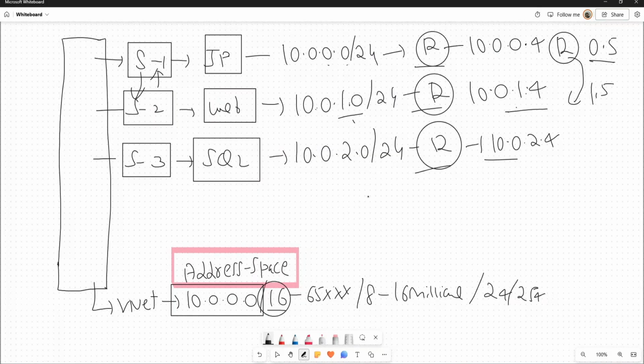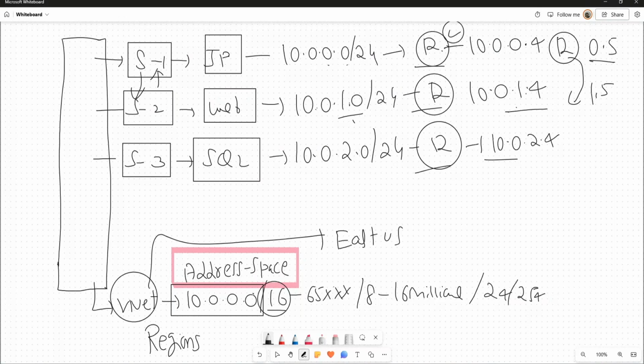Another important point: Azure works based on region. A region is a data center location. If my VNet is in the US, say East US, and I am deploying one VM in East US, I can select the VNet because both are in the same region.